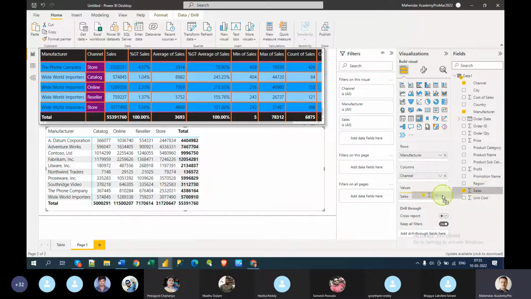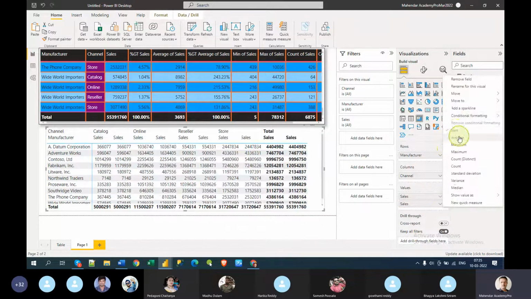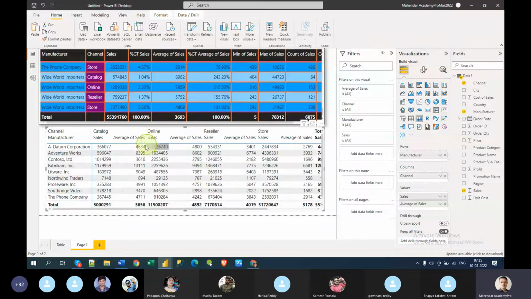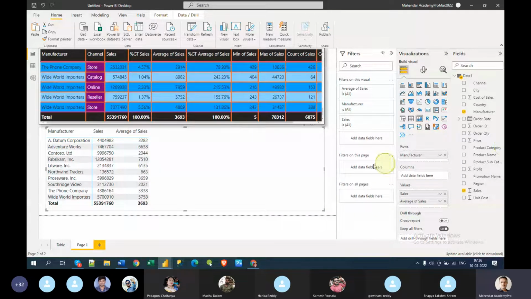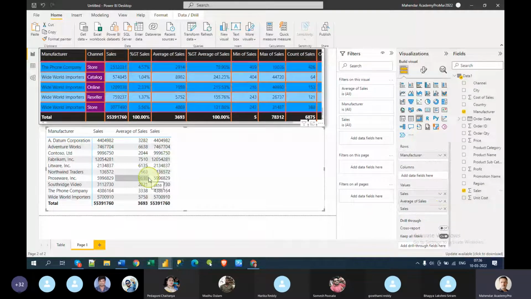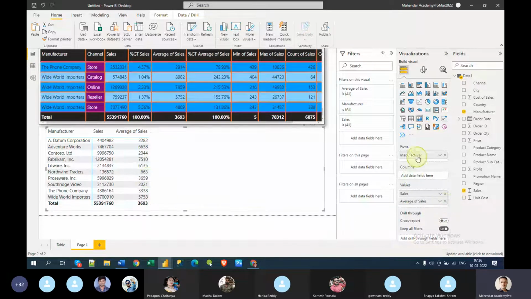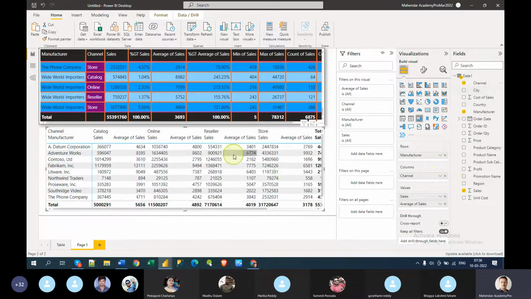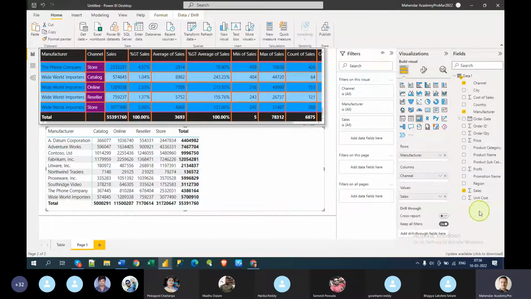Not only that, you can create multiple values there. Now average sales. Now you see for each category you can see two measures: one is the total sales, and the other one is average sales. Likewise, you can add multiple, and it's not mandated that you should use everything. You can also do something like this, but then it will become just like a table. But if you have rows and columns, then it will be good. Again, it depends on how they really want to see it.